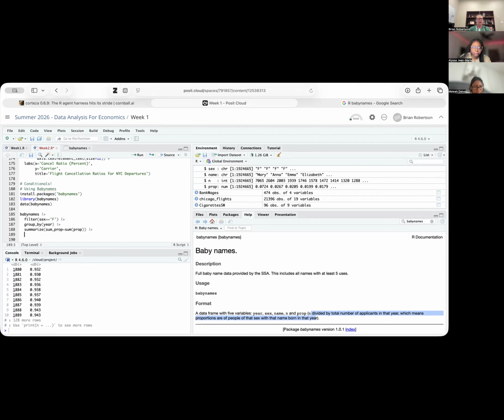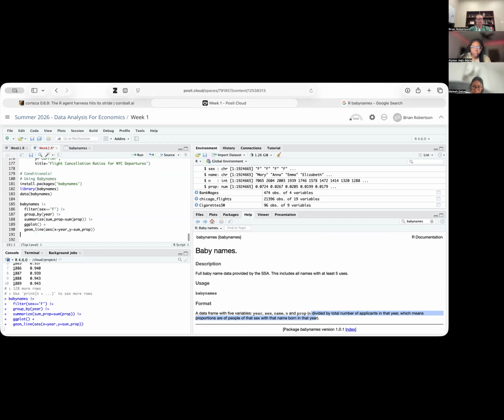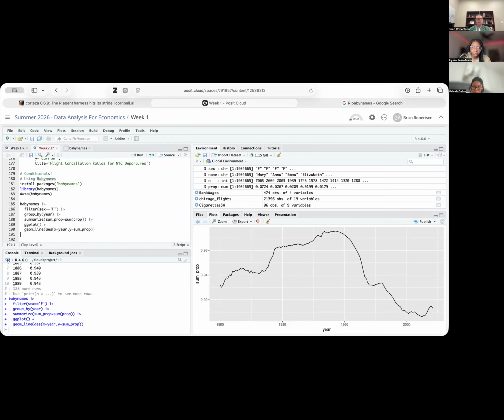What if I want to plot a diagnostic? Maybe this is some indication of data quality here. Let's do geom_line, aes, x equals year, y equals sum prop. And I should get something that looks like this. So it looks like the sum proportion goes up quite a bit until 1960, and then it goes down, but roughly somewhere between, call it,